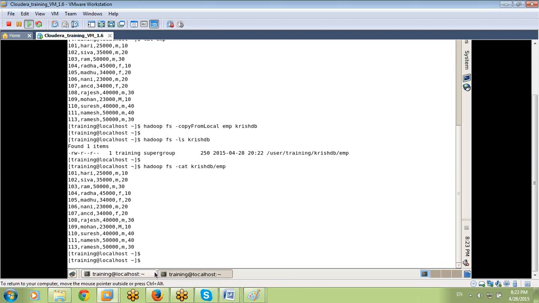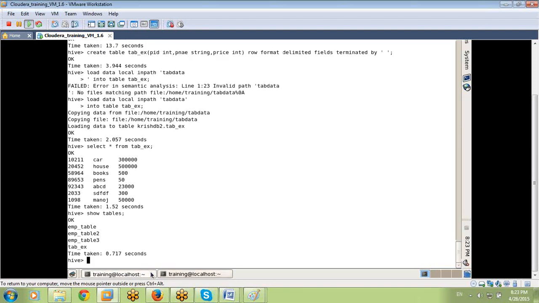Before that, I want to create a table in Hive. Again, same thing: create table, table name, for example emp_table4.